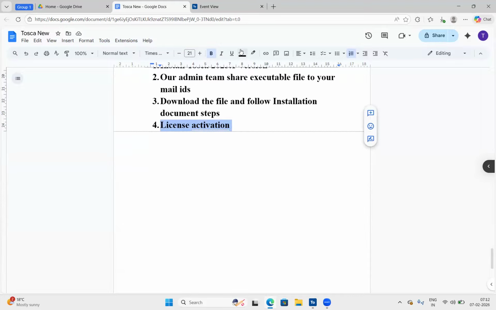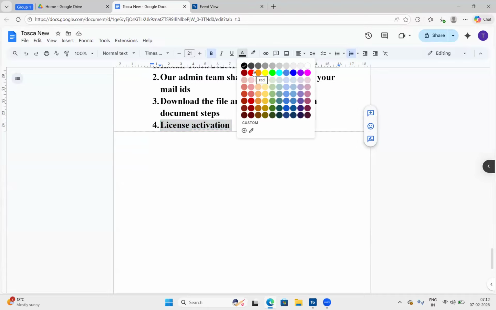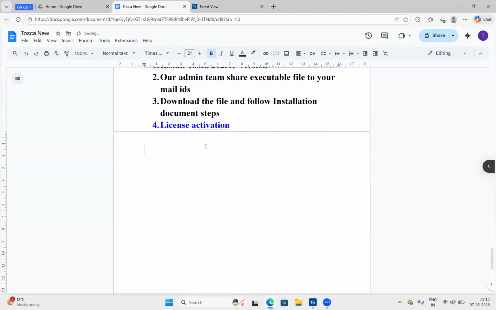So first thing we have to understand, if you want to do any actions, we require a license activation. Our institute side will provide license activation for 6 months. Okay. Once you work on this license period, definitely you are able to understand complete Tosca related stuff. You no need to worry here.